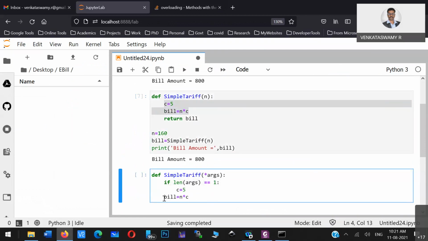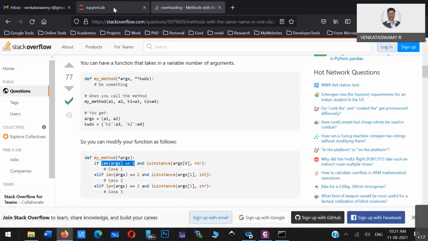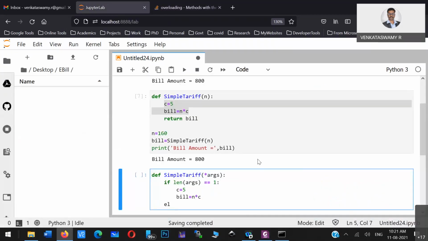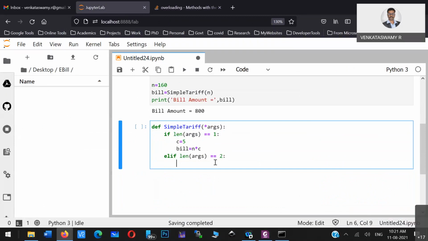So we just have to do this, and then otherwise, is it else if or if? Yeah, else if. Else if the number of arguments is 2, then you just have to run this one.